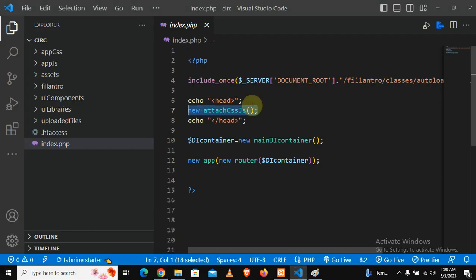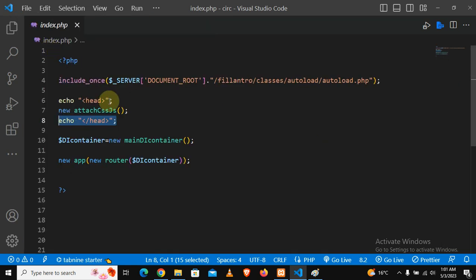So this instruction does that. It creates a new object. This object, which is attached CSS and JS, will load all those files inside the head. And then from there, through the help of this autoloader, I can now create a new file without including it. And also here,